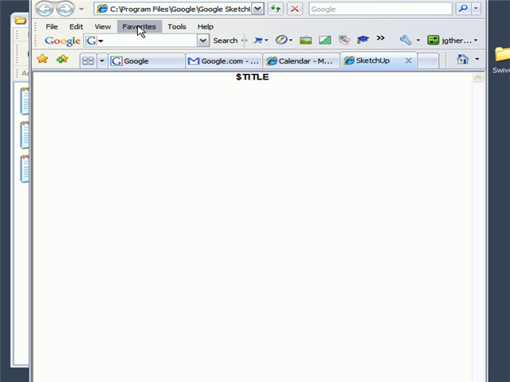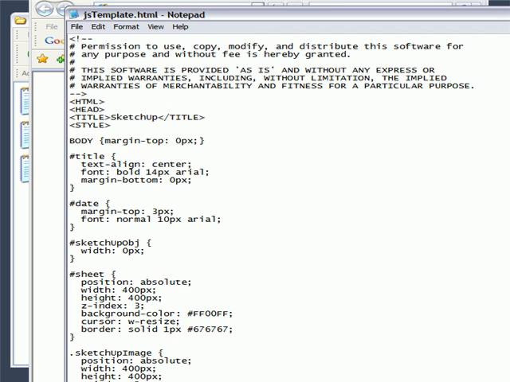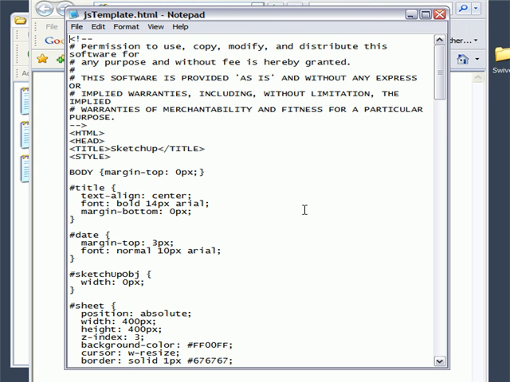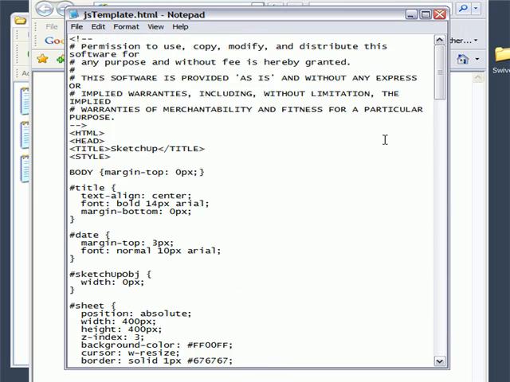And if we look at the source for this, you'll see that this is the origin of that code that comes out, that includes the JavaScript every time you export. So if you wanted, for example, to add your company logo, you could add that into the code here with a hyperlink to the logo, and that would then be included every time a SketchUp user exports